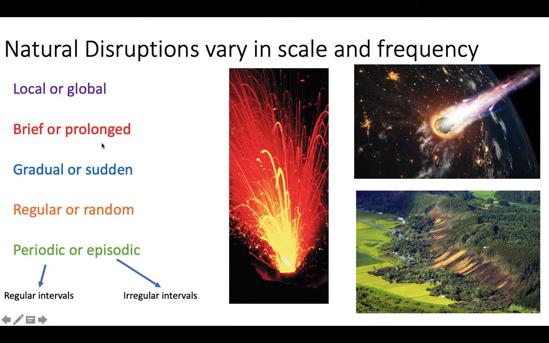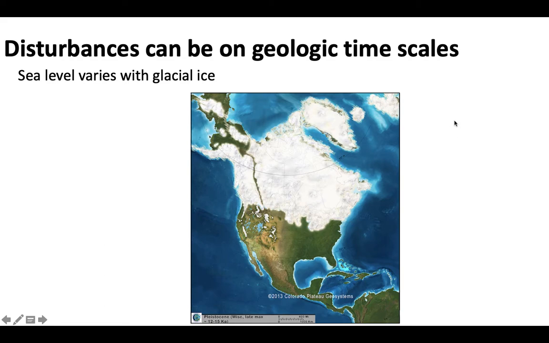Something else to keep in mind when we talk about the scale of disturbances, I want to zoom out a little bit and look at these global scales of natural disturbances. A great example is the sea level and glacial ice. This is a picture of the United States, what it looks like during the Ice Age. And you can see that much of the Northern American continent, all of Canada, and a significant chunk of the United States is covered in ice. And I'm not meaning like, oh, it's kind of cold. I mean, it's covered in a giant ice sheet, right? So things were very, very different hundreds of thousands of years ago.